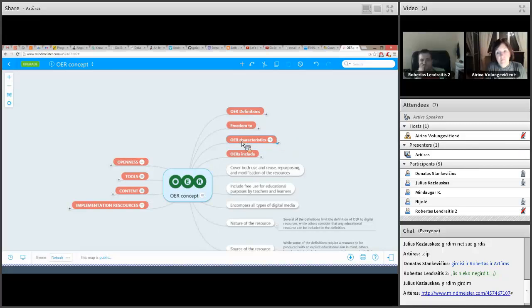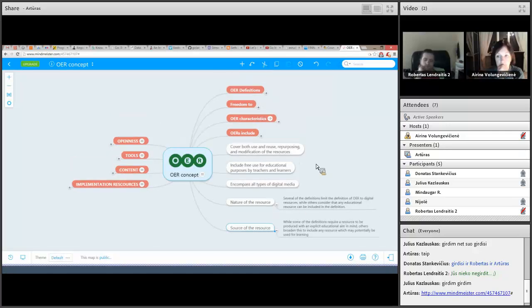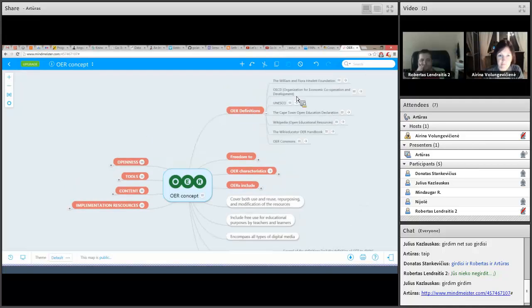Now I can go to those sentences which are marked in that white background. Here we try to define, to see what is common between all those definitions.